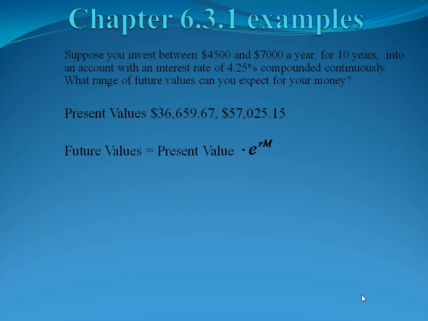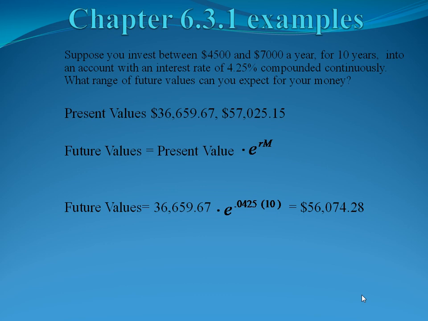Remember, future value equals present value times e to the rm. Our rate here is 4.25%, and our m is going to be 10 for the 10 years. So again, we want to calculate a future value for each of our present values. So starting with the first one, the future value is $36,659.67 times e to the 0.0425 times 10, which gives us a future value of